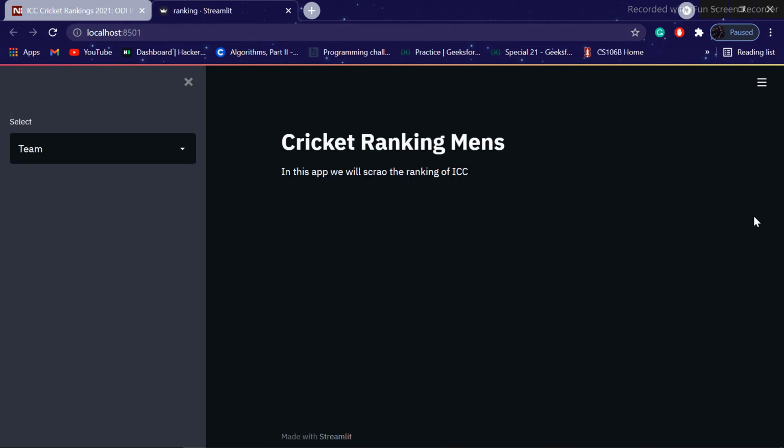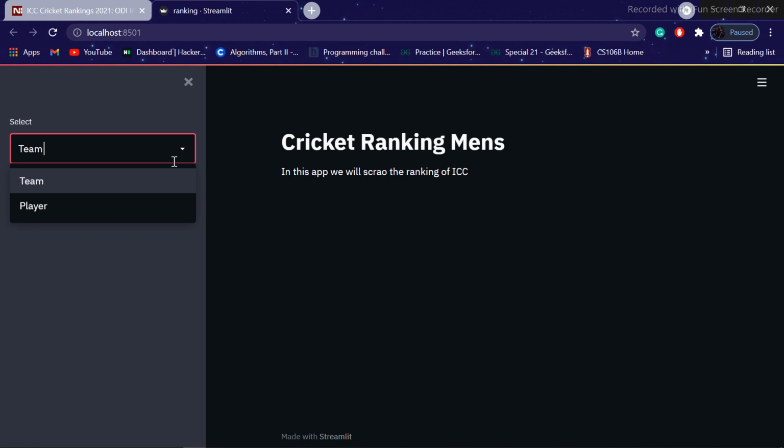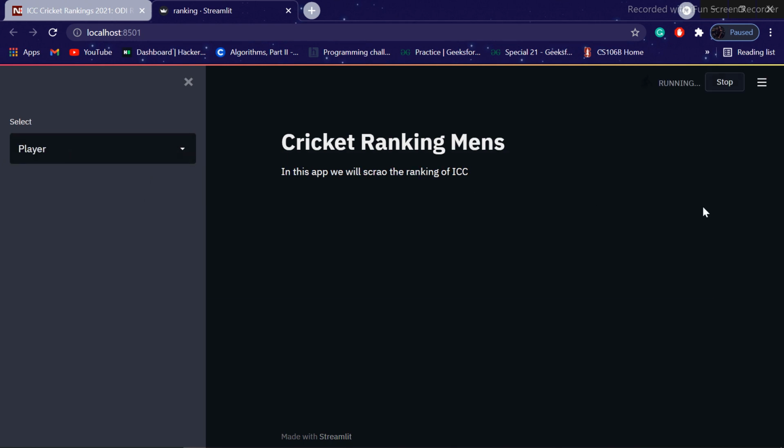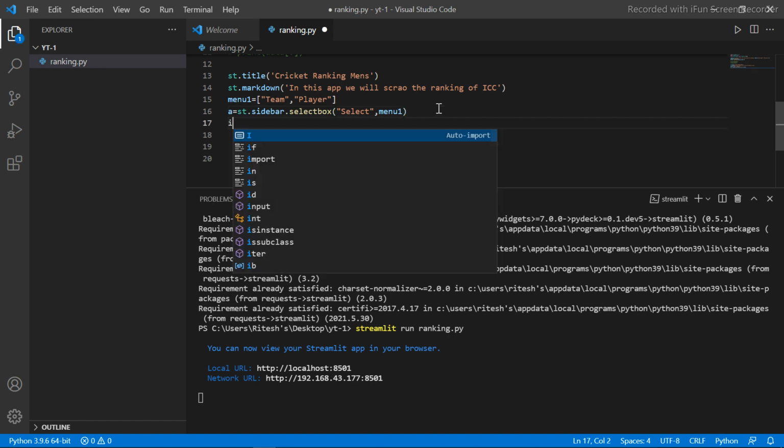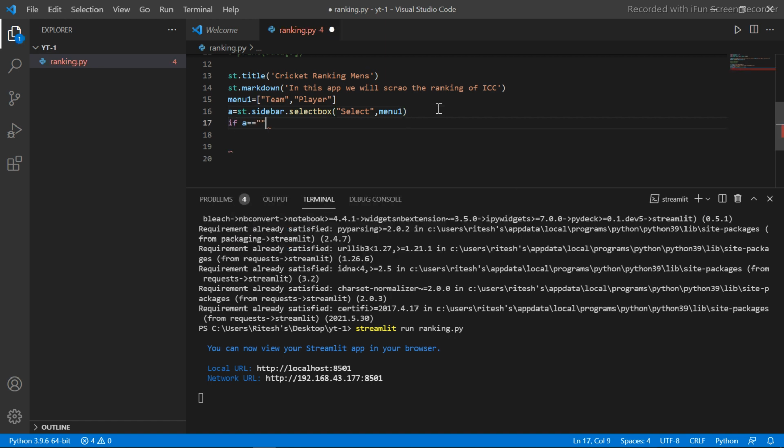Now we have our sidebar and main content both, and we can select what we want to see, the rank of team or player. Now I want to see the ranking of team.